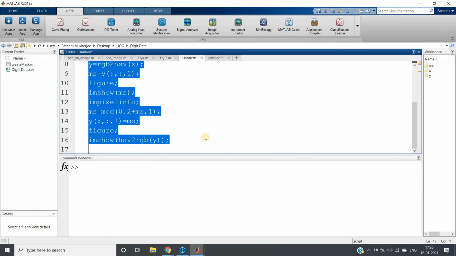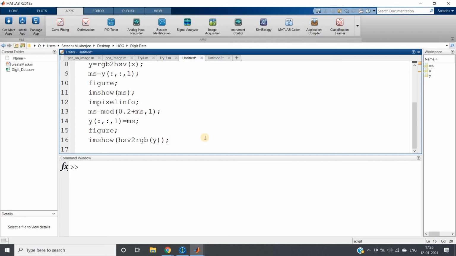Now we can just use one for loop and have fun with it. So here I can write for i equal to 1 to 100. Each time I am adding, and then instead of figure, we can put in some other variable, HSV to RGB of y, and imshow.